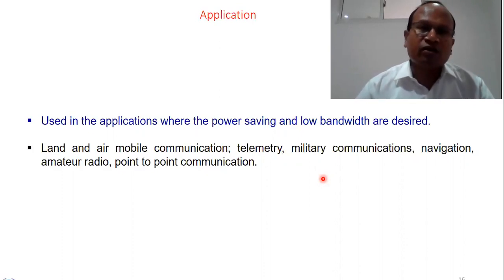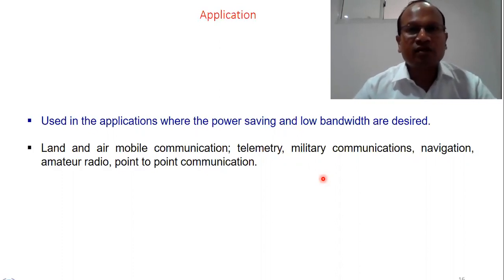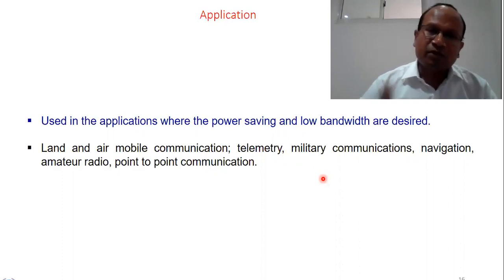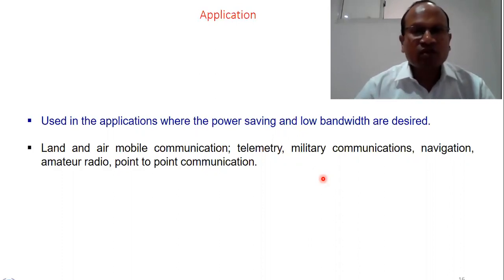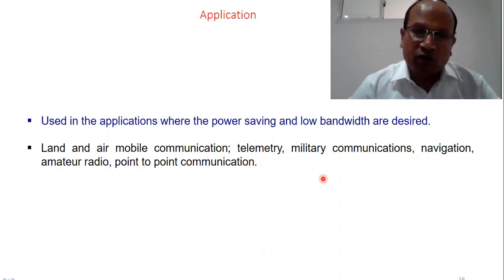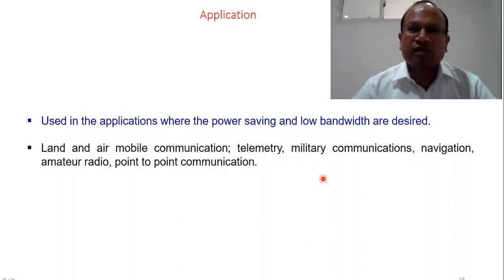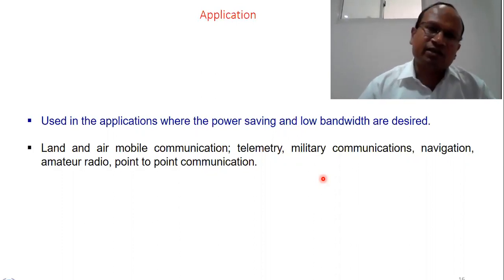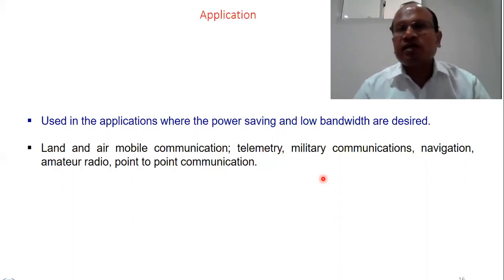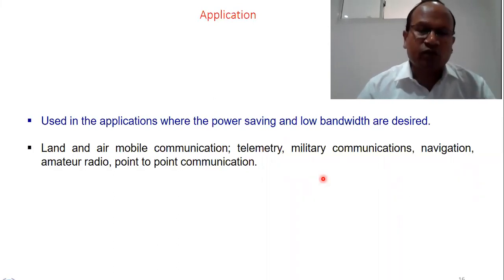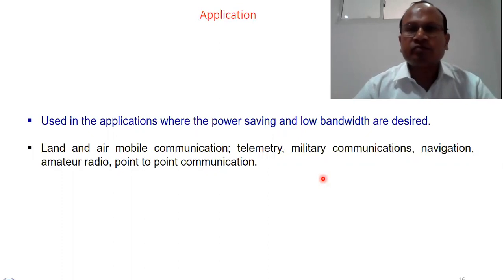In the phasing method also, we make a certain arrangement of two balanced modulators. In one balanced modulator, the original modulating signal and the phase delayed carrier signal are given and we get a modulated signal. In the other balanced modulator, the phase delayed modulating signal and the original carrier signal are applied. We get a modulated signal. Both are fed to the mixer device where we can generate either of the sidebands.